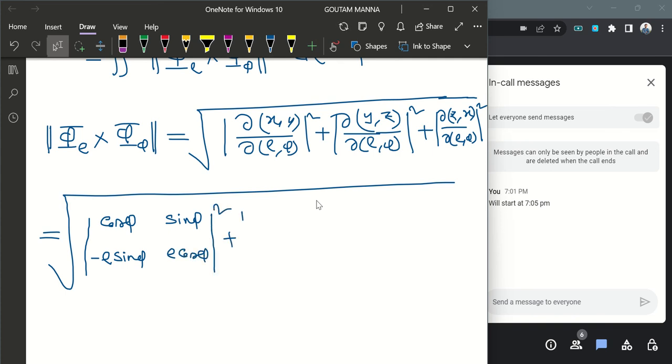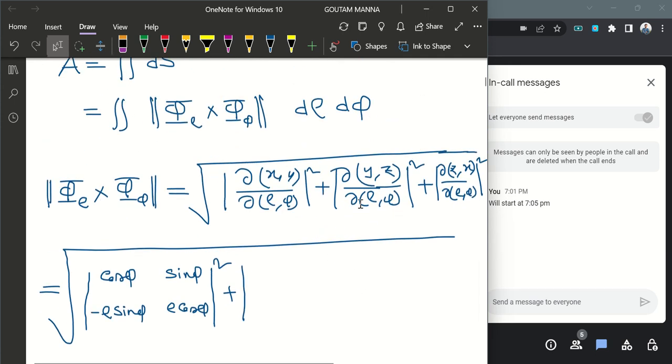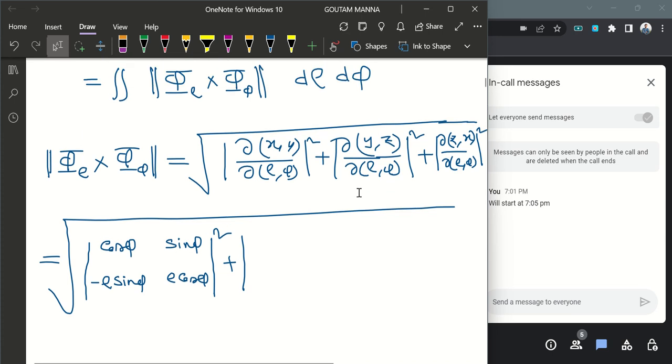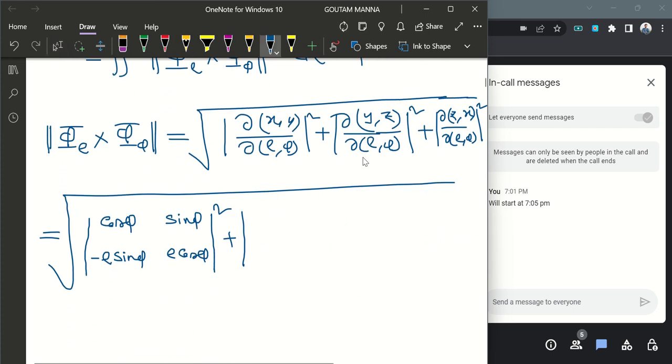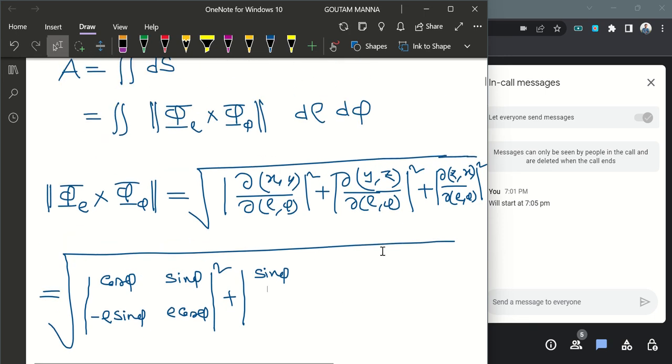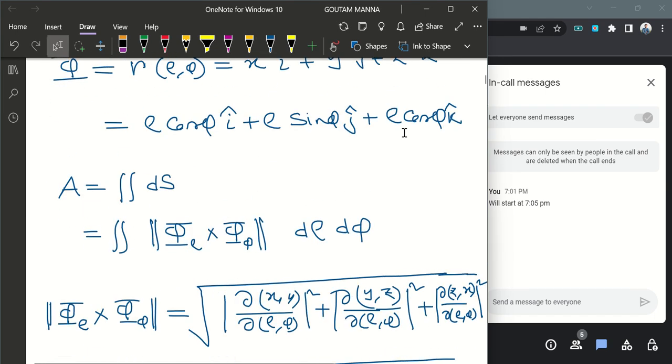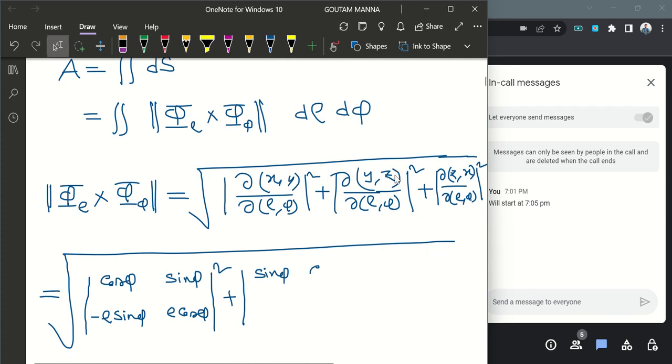Square plus, so here it is del y del rho, first element, and del y del rho is sin phi, then it is del z del rho, and del z del rho is cos phi, since z is rho cos phi, and then del y del phi is rho cos phi, and del z del phi is the same as del x del phi, so it will be minus rho sin phi, square plus,